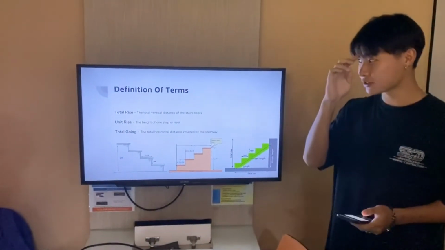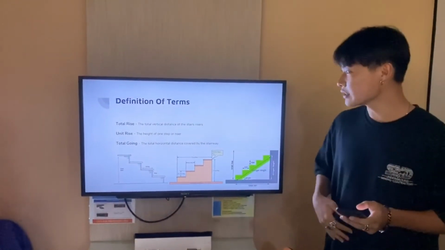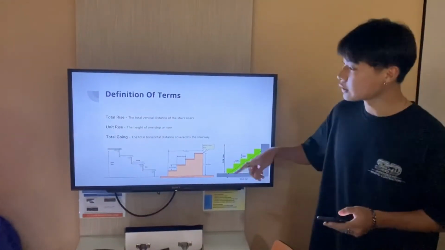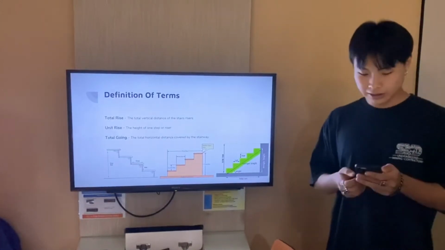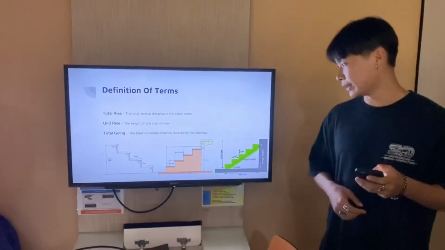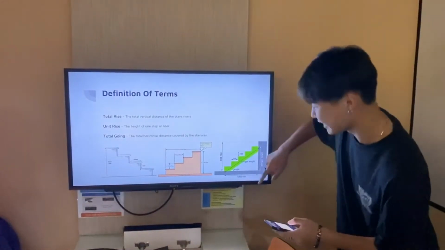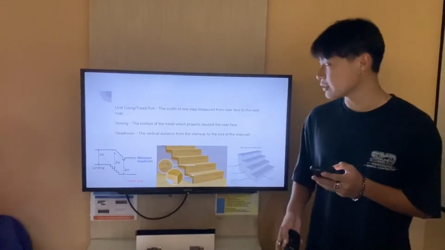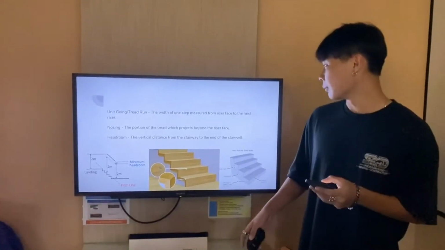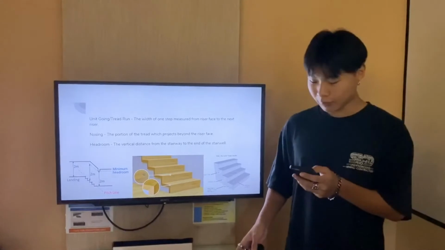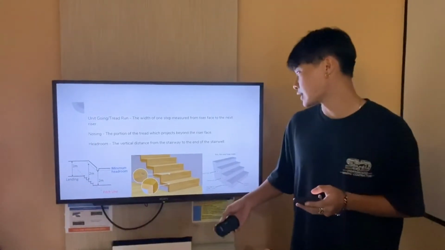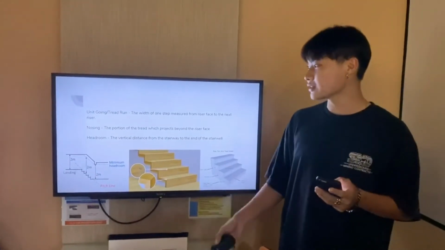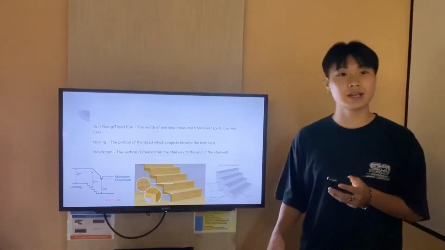I'll be explaining the definition of the terms. What is a total rise? Total rise is the total vertical distance of the stair rises, which can be seen here. The unit rise is the height of one step or riser. Total going is the total horizontal distance covered by the stairway. Unit going, traditionally called the tread run, is the width of one step measured from riser face to the next riser. A nosing is the portion of the tread which projects beyond the riser surface, this small thing that protrudes out. The last one is headroom, which is the vertical distance from the stairway to the